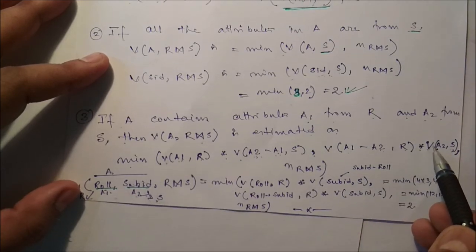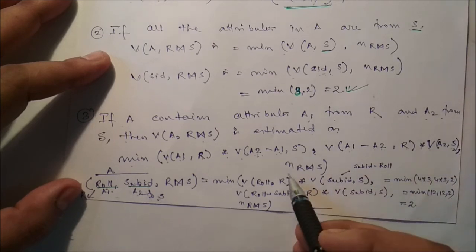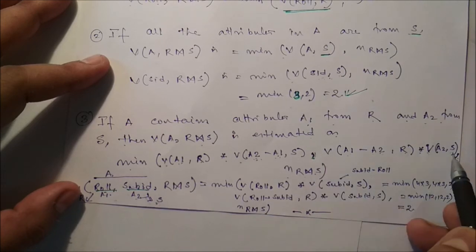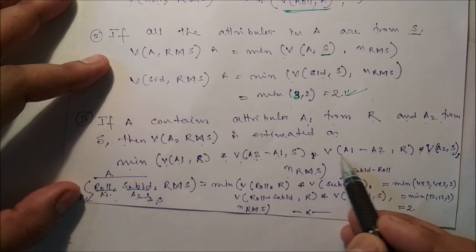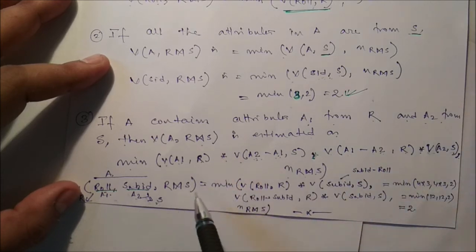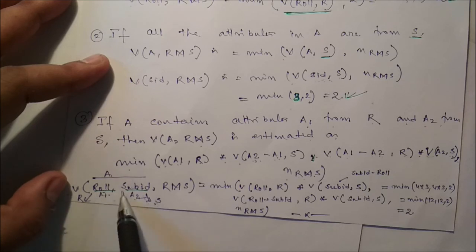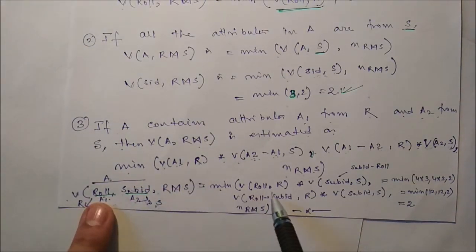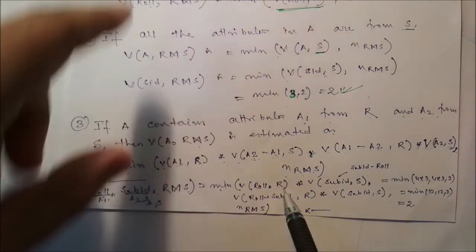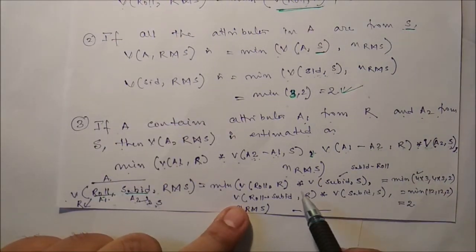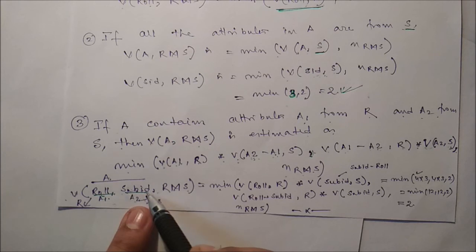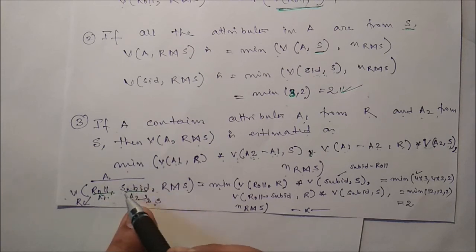So already you know how to calculate V(A2, S), and the number of records present in this particular join after joining. So we have to calculate this one and this one. You just see here. So V(roll number, subject ID) is V(A, R natural join S). So minimum, what is A1? It is roll number in R. So how many roll numbers are there? 4 are there. So it is 4 into V(A2 minus A1), so subject ID minus roll number. Nothing common is there, so that will be the subject ID.